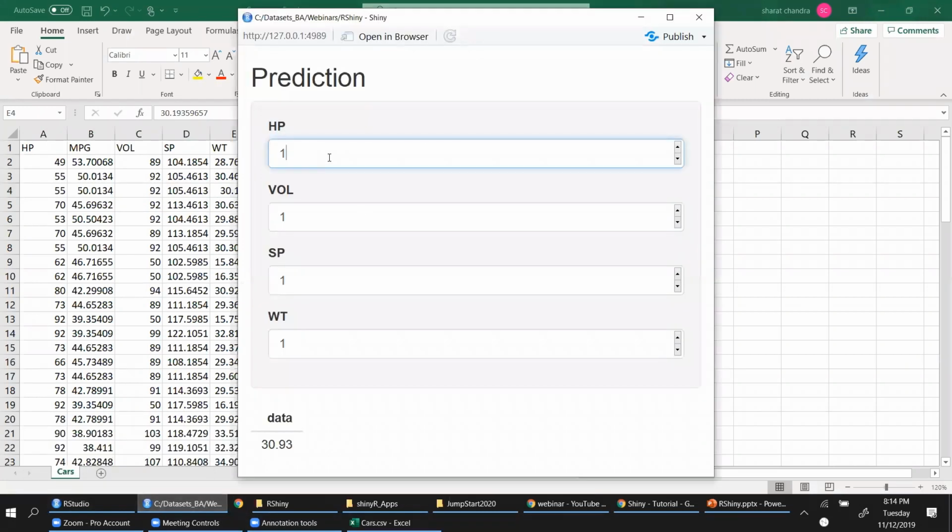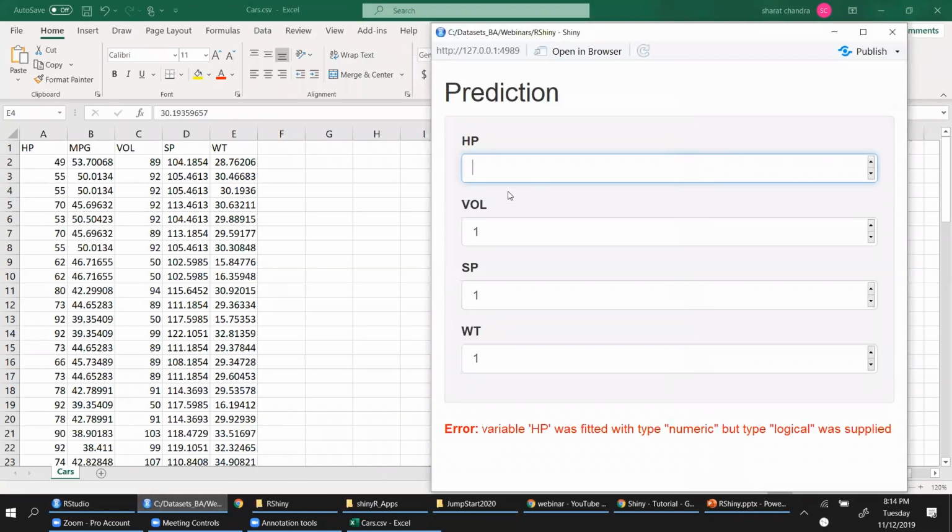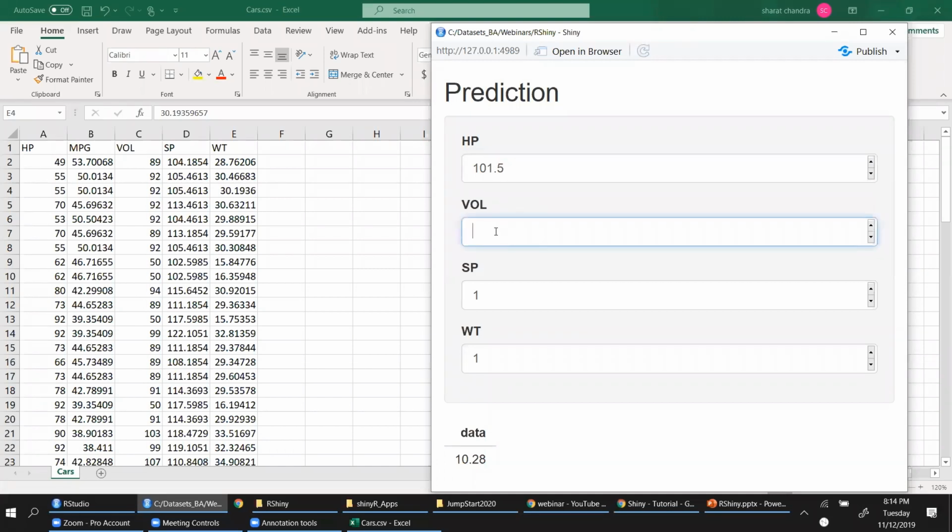So let's say horsepower, assume it is the car's horsepower that I have is, let's say, very powerful, let's say 101.5, some random number I'm passing. Then volume size is, let's say, a small vehicle, so I'm going to define it as maybe 57.